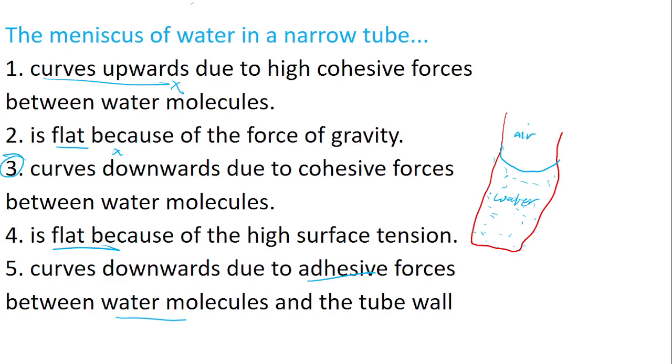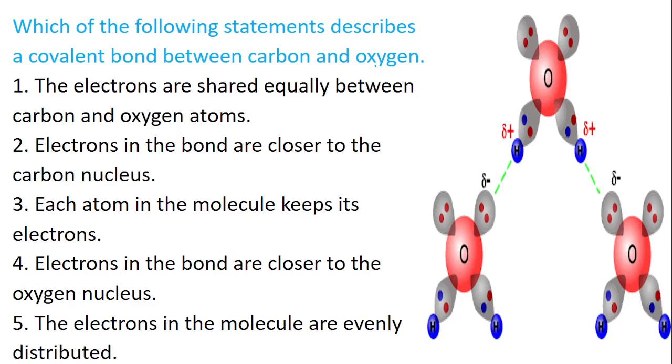Which of the following statements describes a covalent bond between carbon and oxygen? Even this one I'll solve myself because of time. Carbon and oxygen: you need to understand that carbon has low electronegativity as compared to oxygen. Oxygen has a high electronegativity. The same behavior that happens in water, between oxygen and hydrogen, is the same behavior here, just that this bond